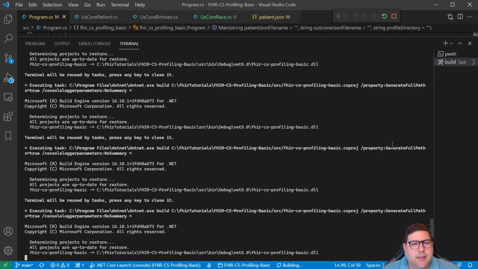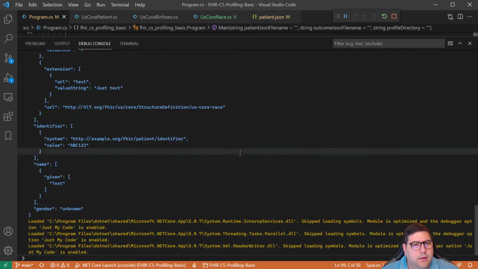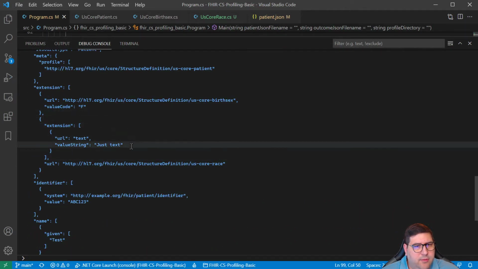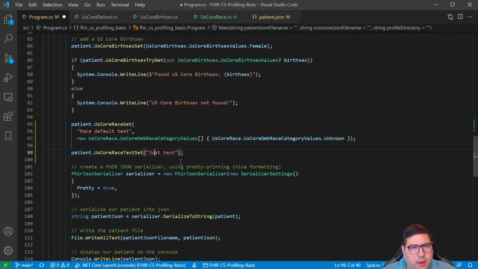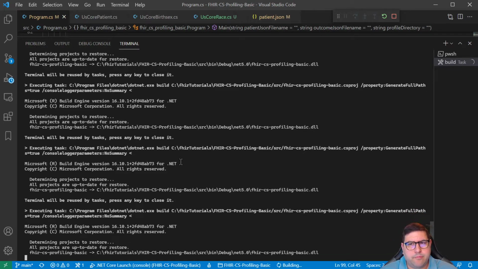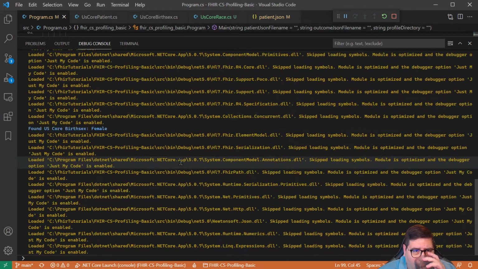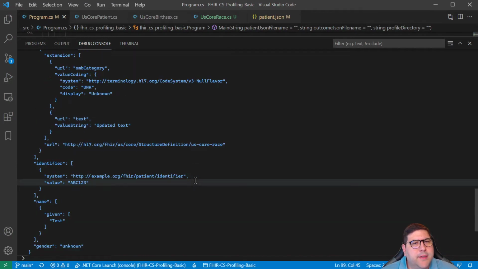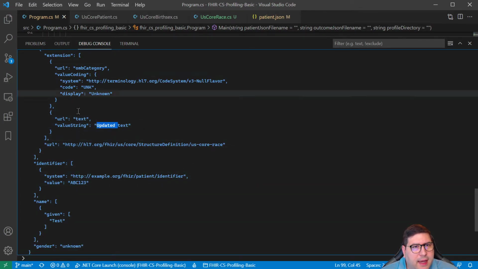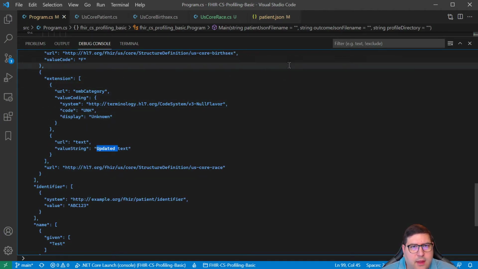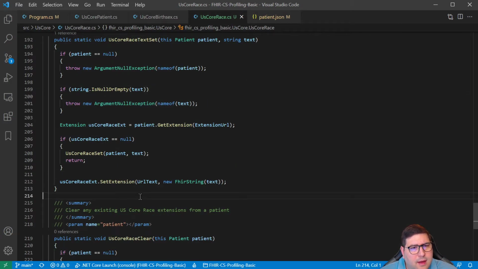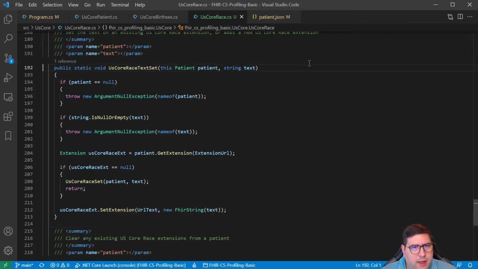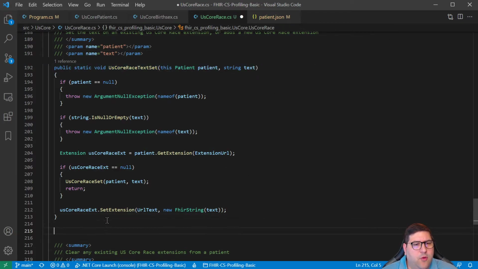Now if we run this, we should get a new patient, and we see we have text with just text. And if we have an existing one, we'll change this to updated text so that we know it is. Perfect. We can see we have our updated text, and everything's staying correct in the structure, and now we have the OMB category there since we had added it here. So that's great. We could do the same thing if we wanted to do a get, and we can use the same format we were using